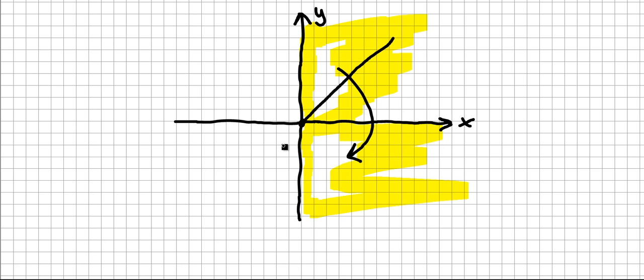90 degrees and then 180 degrees. So the line would be rotated and continue down here. Then it would be an odd function. Okay,